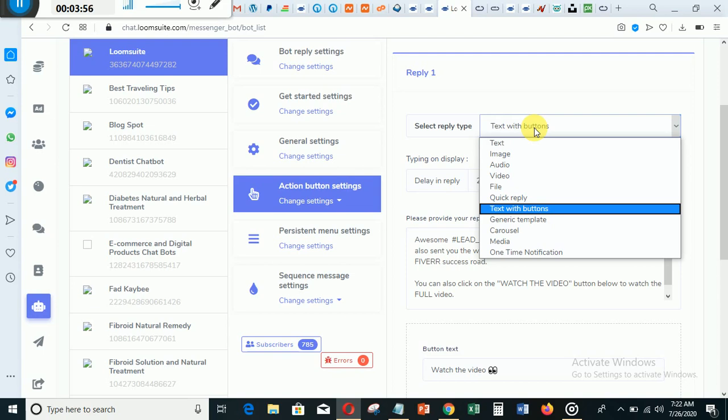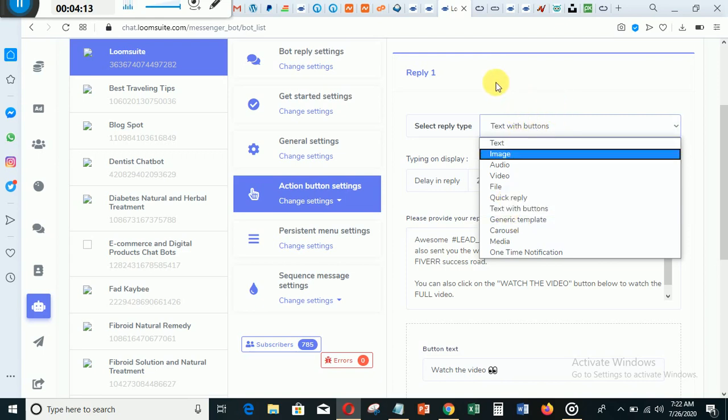When the person drops their email, you are going to take them to your sales page or whatever. In this case, you are going to drop some notes for them, some text for them, and again give them the link to your sales page. So you are going to choose text with button.